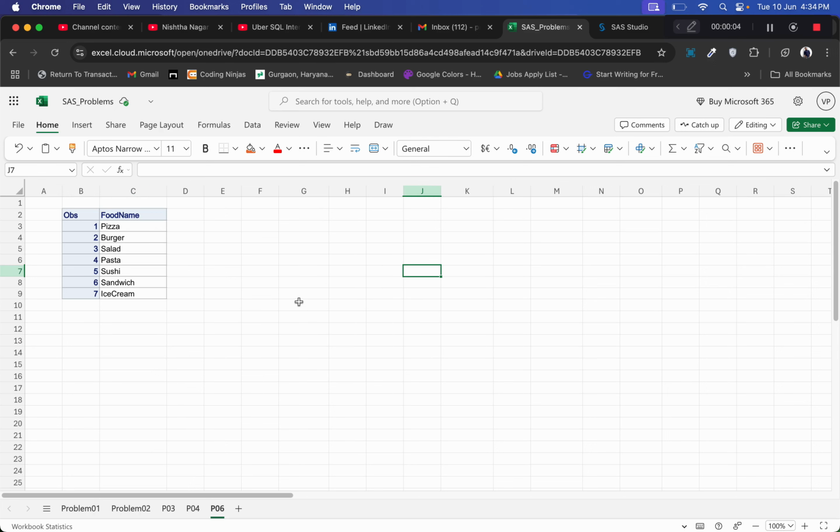So today we have another problem on SAS. Basically in this problem we have a dataset and this dataset contains food names information. For example, in this dataset if you can see we have the variable food name, and on the first row we have pizza, on the second row we have burger, on the third row we have salad, and likewise we have some more rows. And basically in this problem what we have to do is swap the two